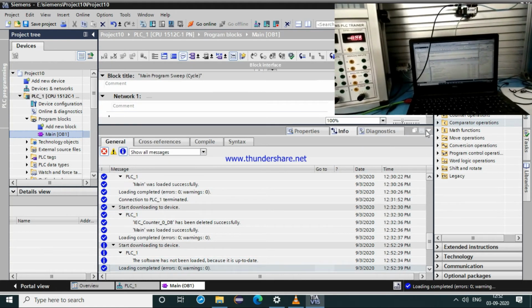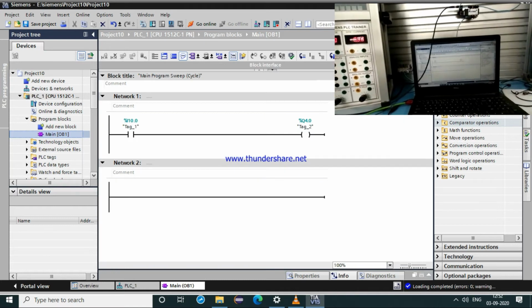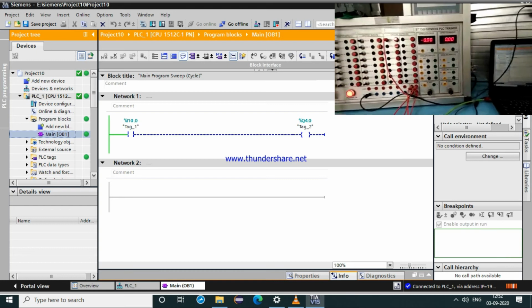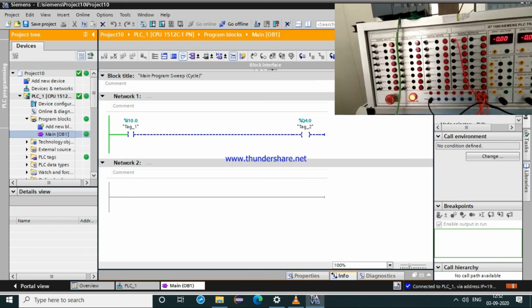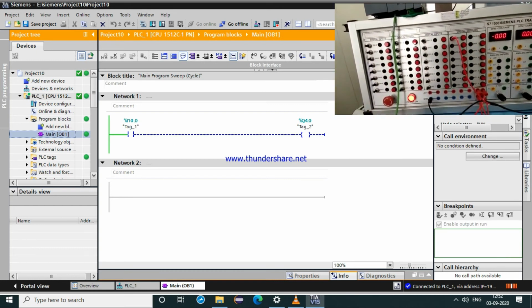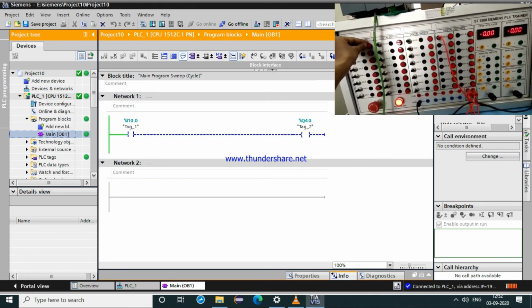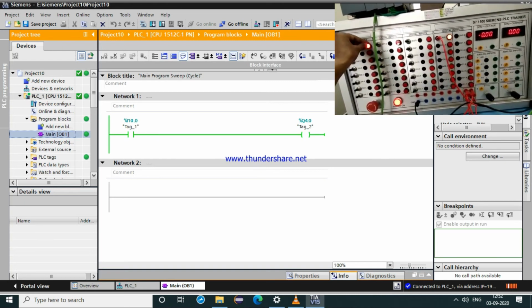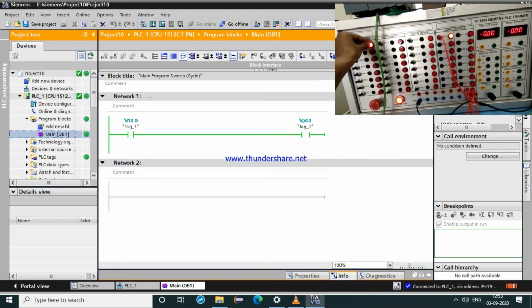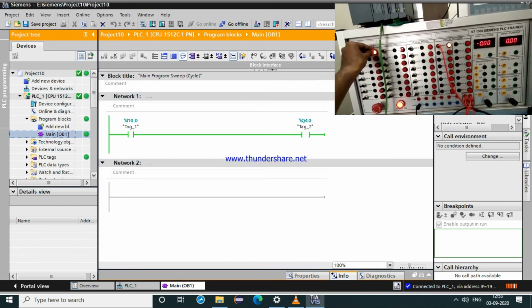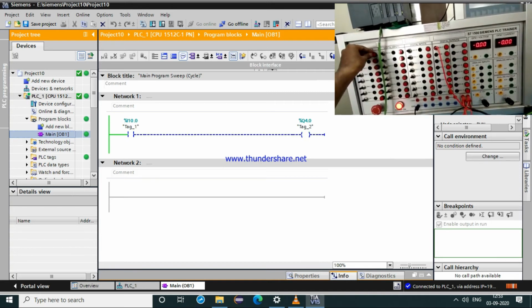Once this gets downloaded, we will go on monitoring, and as we can see on the panel, if I press my digital input 10.0, I will get a digital output 4.0, as we have programmed it in our software.